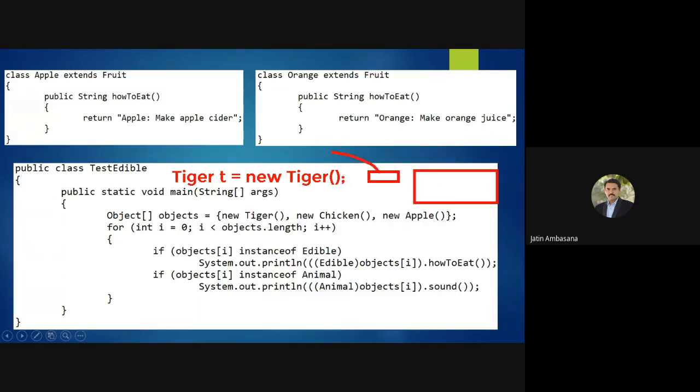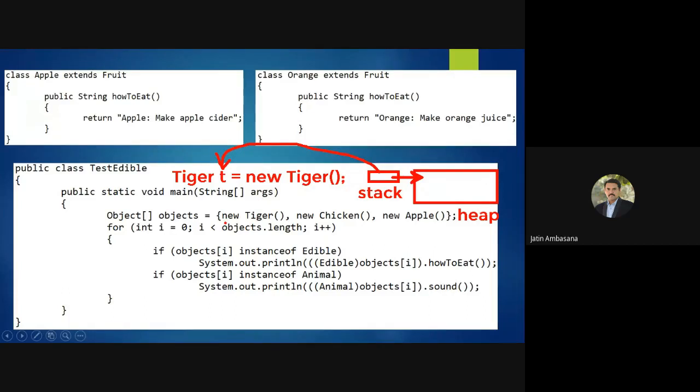So that reference value is given to this t, which basically points to this Tiger. This Tiger object itself is not given to t, because t will not have that much space, right? This object is stored on the heap, and this variable is stored on the stack. Got the point? So the reference variable value which points to the object on the heap is given to this t reference variable.